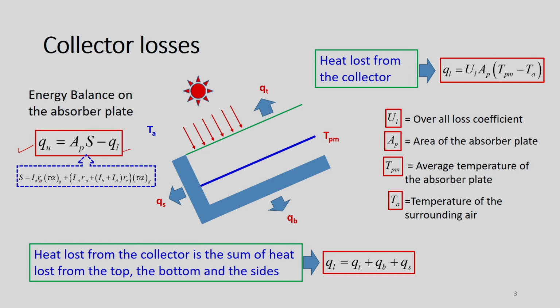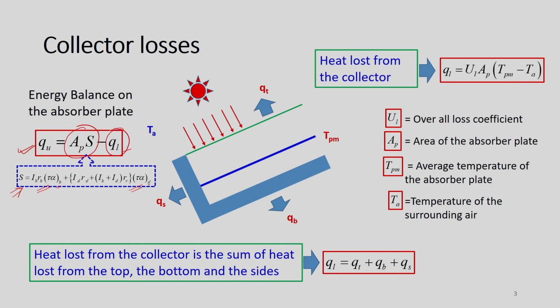IB into RB multiplied by tau into alpha for beam radiation, then ID into RD plus IB into RR, and as a whole it is multiplied by tau alpha for diffuse radiation. So, we understood how to calculate this tau alpha for beam radiation and diffuse radiation. We understand how to calculate this S. So, this part is now known to us, but in order to find out Qu, we need to know